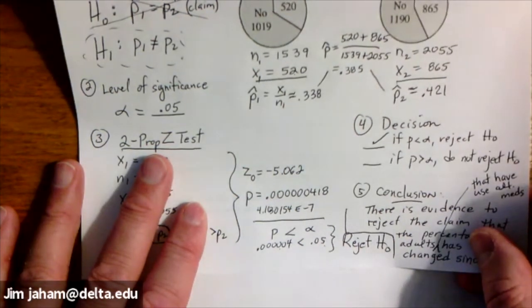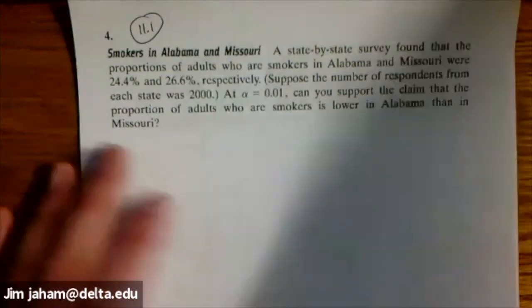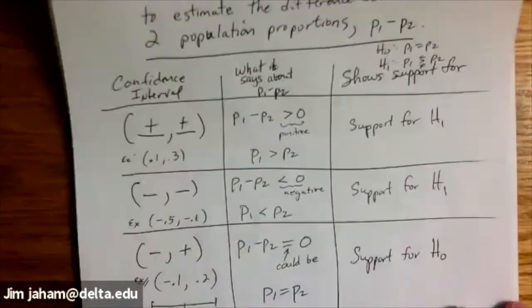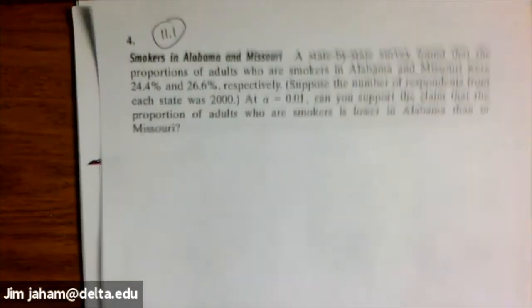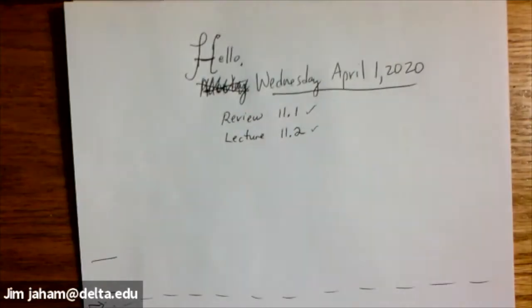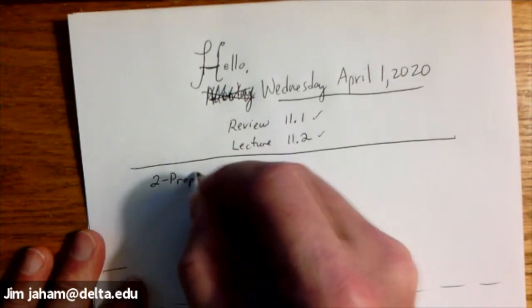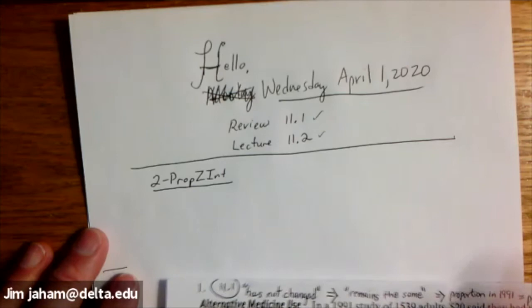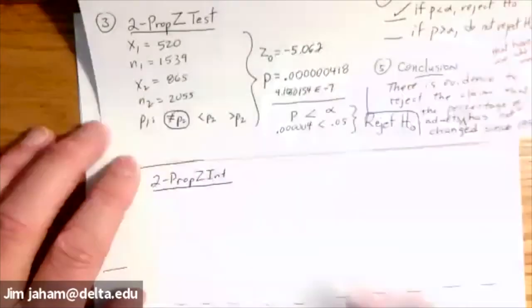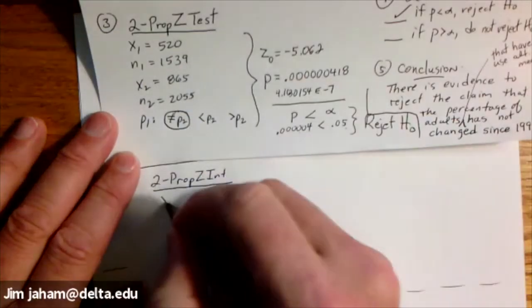And just to give you another example of calculating the confidence interval in this context. Here is the summary sheet that I gave you last time. So I'm going to refer to that. It's part of the lecture notes from last time. So the calculator function that we want is 2prop z int. The numbers that we enter in here are exactly the same. So they're going to ask us for x1